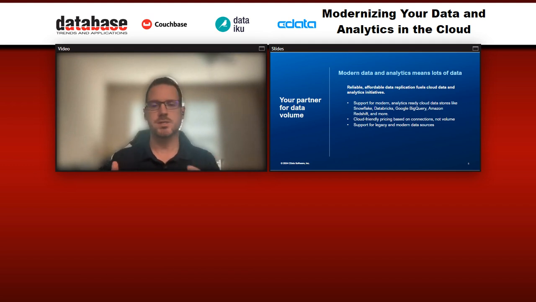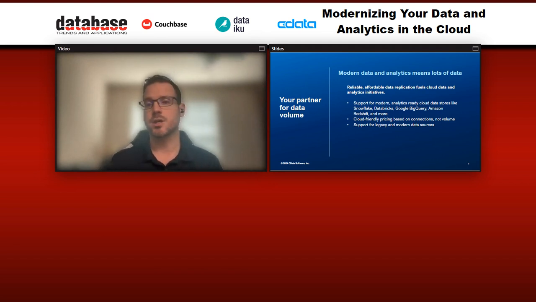But with CData, you're going to get easier management of all of that data. So no matter which big data store you adopt, which big data store your organization is looking to use, we're going to have connectivity for that. We're cloud friendly. So as you're looking at modernizing, we have cloud platforms available that meet your needs where you need them.